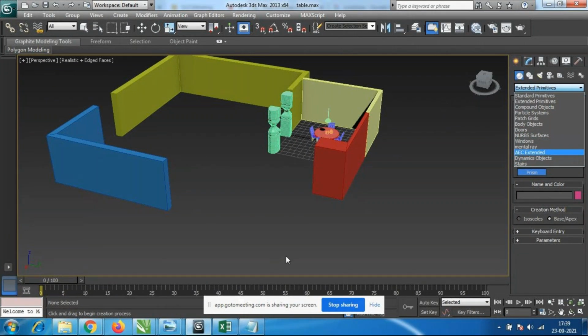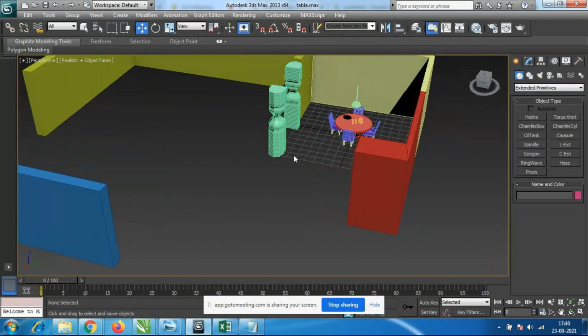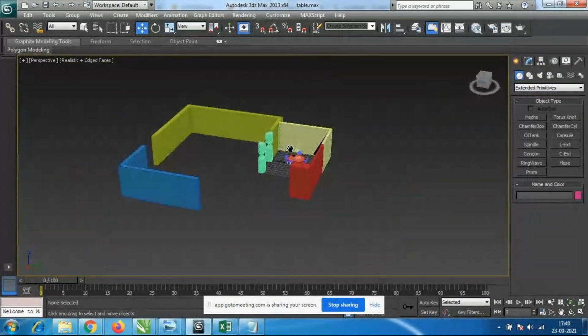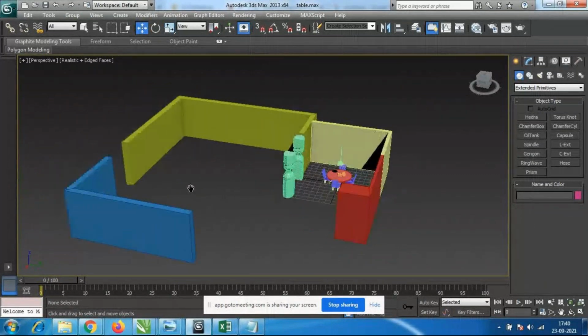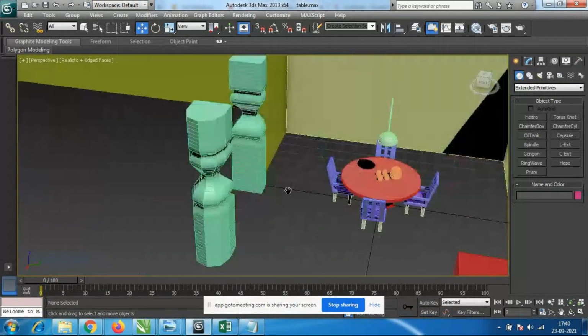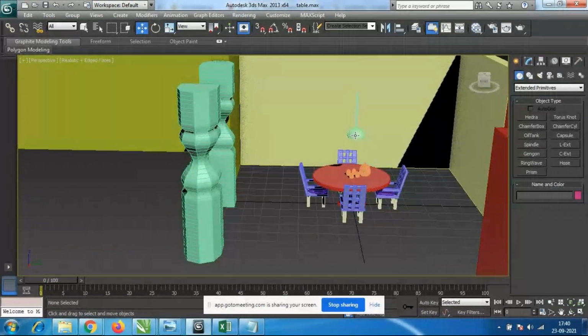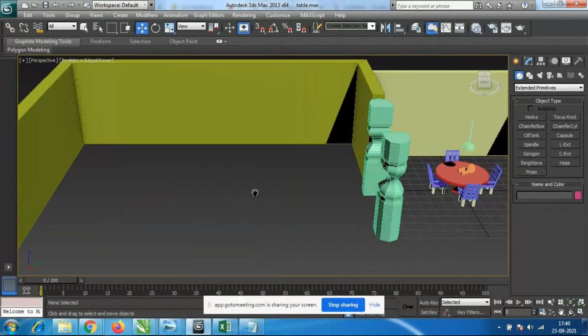So multiple options are there. So before next Monday, I want all the assignment. I want like this living room, and I need a table and chair and the light. All these options you people have to make.